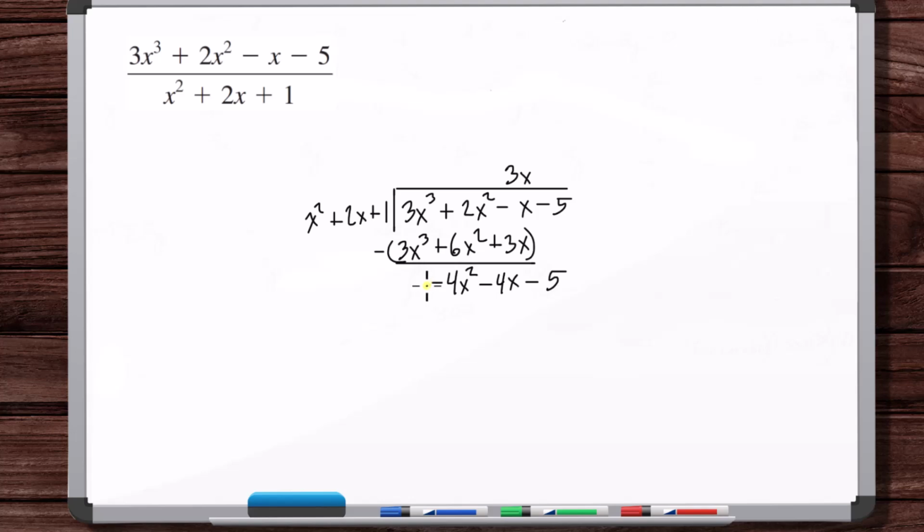Okay, minus 4x squared divided by x squared is minus 4. Multiply this, minus 4 times the divisor, so minus 8x. Okay, subtract these two. You've got minus 4x plus 8x is 4x. Minus 5 plus 4 is minus 1. Okay, so we've got 3x minus 4 plus